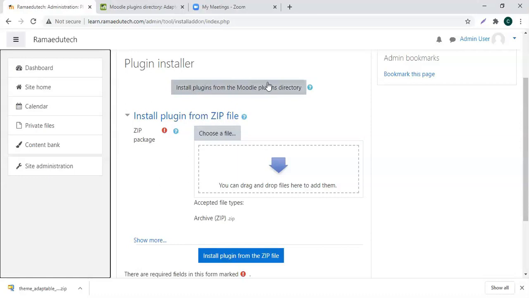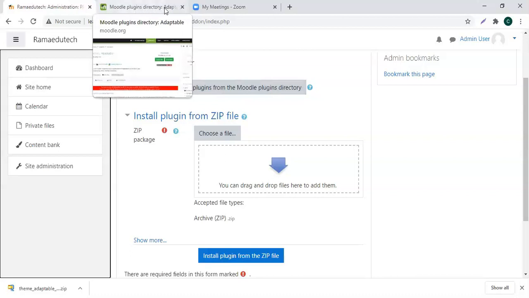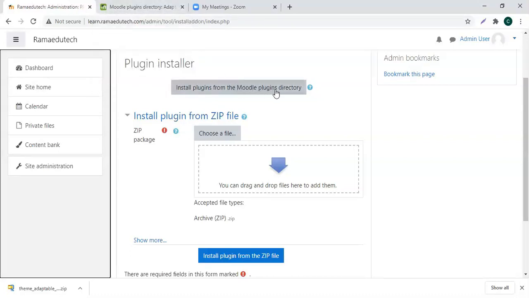What this means is that this will again redirect you to the moodle.org plugin directory. Same place from where you can then choose and install the plugin or the theme.